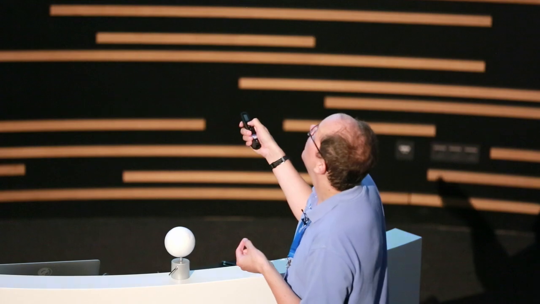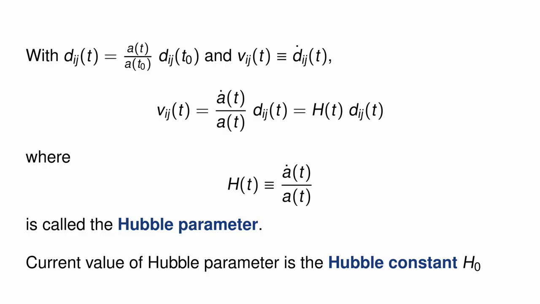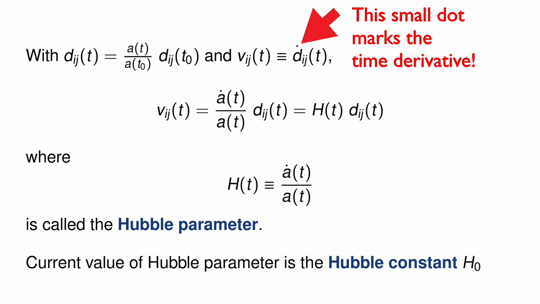So next we're going to look at some consequences of this kind of cosmic expansion. And the first consequence is, so now for all these distances, for instance, between galaxy I and galaxy J, they're all functions of time. But they're all functions of time in the same way, right? The only time-dependent quantity here is this scale factor. So if we now define a kind of speed in this way by just taking the derivative of Dij with respect to time, then